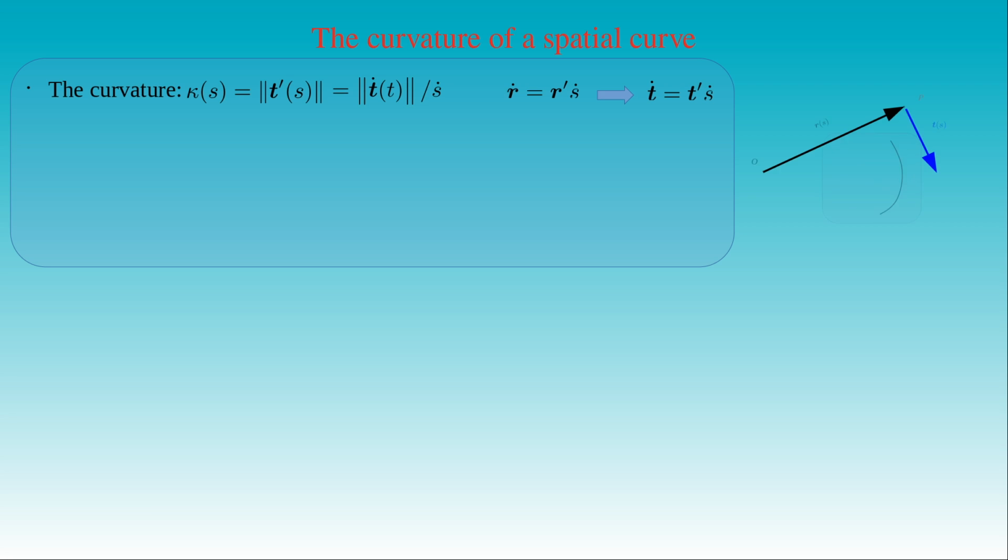In this figure, we can see a spatial curve with the position vector r(s), pointing from the reference point O to the point P on the curve. We use the arc length s measured along the curve as the parameter of the curve. The tangent t of the curve at the point P depends on the arc length as well. Now, let us consider the point P' at the distance ds from the point P along the curve. Its position vector r and its tangent t are evaluated at the parameter s plus ds.